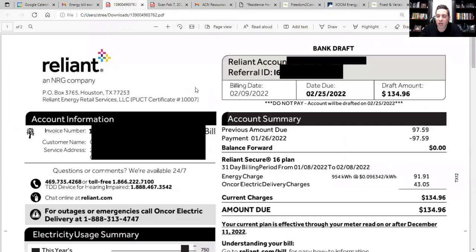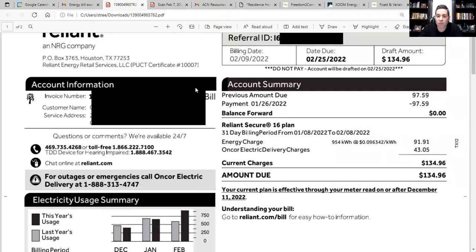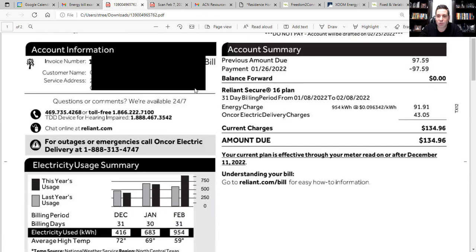So let's just take a look at another bill. This particular bill came from a Reliant Energy customer. Every bill is a little bit different, but remember, we're looking for a couple of main things. Number one, how many kilowatt hours did they use, and what's their average price per kilowatt? We see right on the top right, energy charge 950 kilowatts at 0.096342. Remember, that doesn't include the Encore delivery charge. So that's not the price that we're going to compare it to, but we can write down the 954 kilowatts